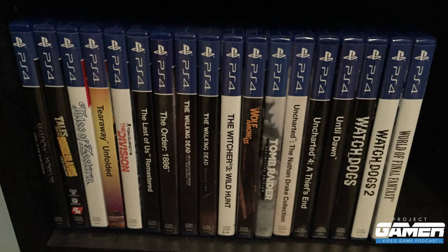For my final PS4 shelf we have Shadow of Mordor Game of the Year Edition, Tales from the Borderlands, Tales of Zestiria, Tearaway Unfolded, The Division, The Last of Us Remastered, The Order 1886, The Walking Dead the first season, The Walking Dead the second season, The Witcher 3 The Wild Hunt, The Wolf Among Us, Tomb Raider Definitive Edition,